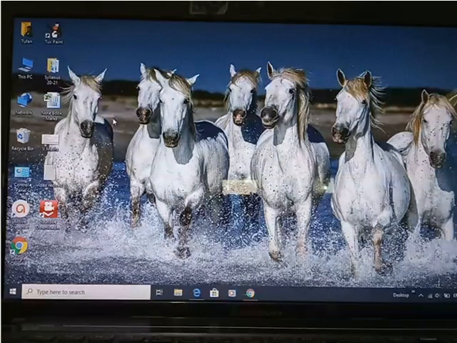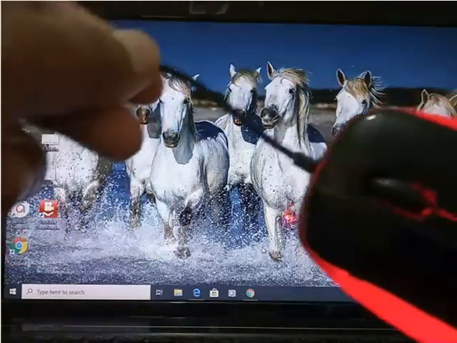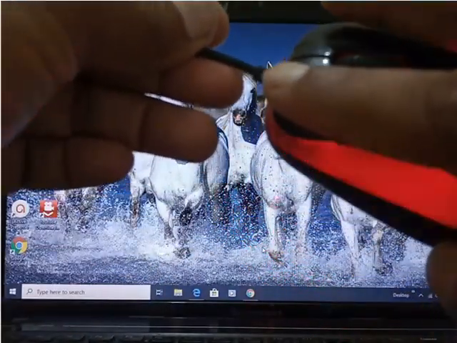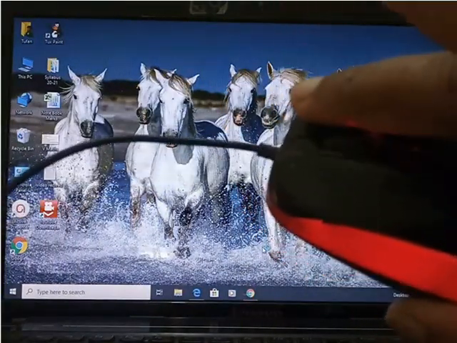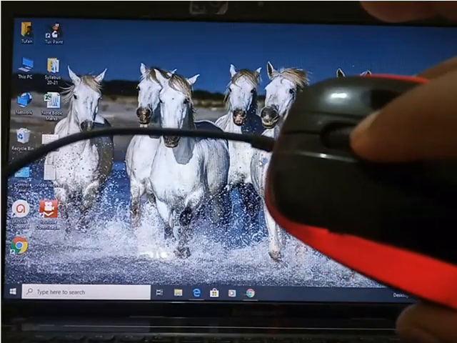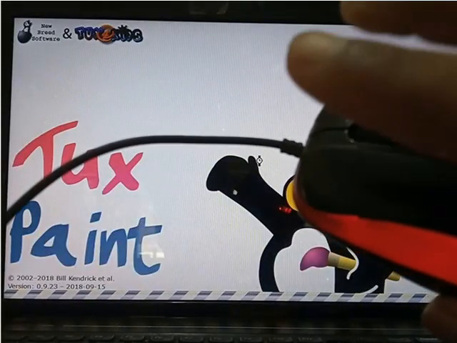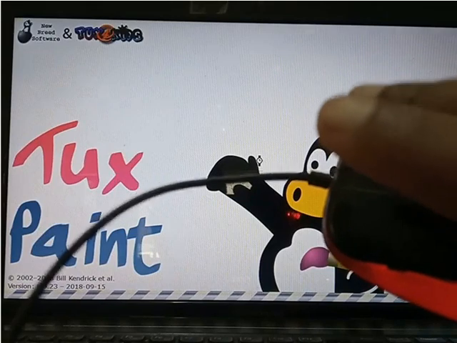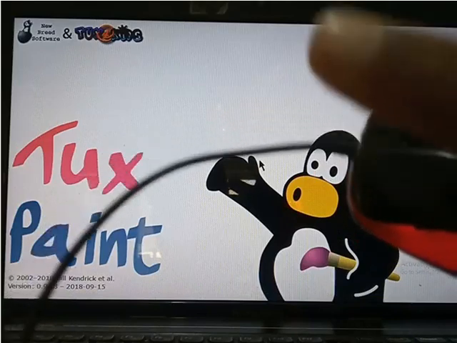Till then, let me show you the two clicks of the mouse. See, this is the mouse. In the mouse we have two buttons. We take the mouse like this, this is how we hold the mouse. So this is the left button and this is the right button. This side is the right button and this side is the left button. And this is the middle one, this is the cursor. This you can move up and down. This is the left one and this is the right one. Left, right, left, right. You have to click the left button, not the right button. There is very little use of the right button. Maximum we use the left button, so please keep using the left button. This one, this side, this finger.